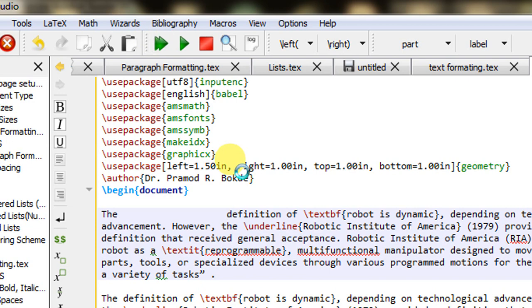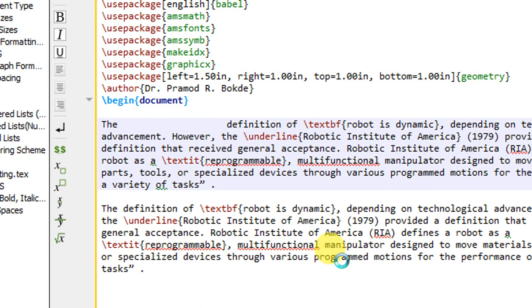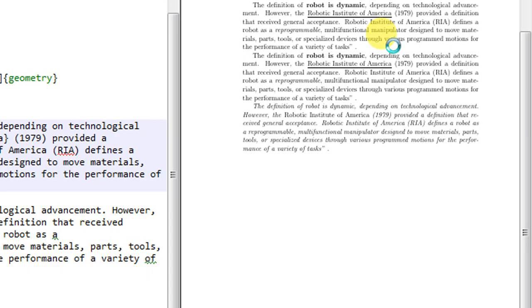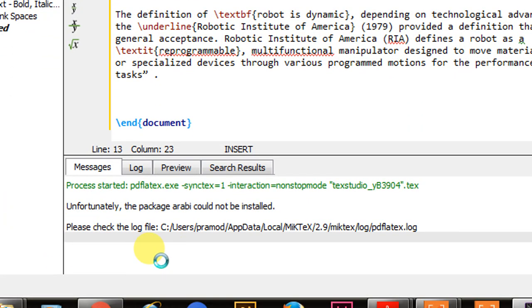The output document will show some effect, and we will see what the effect is after completing the processing.